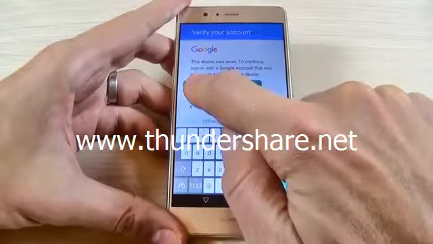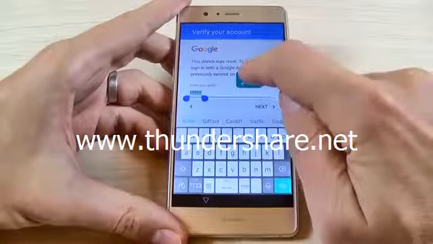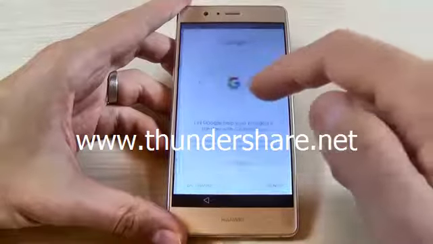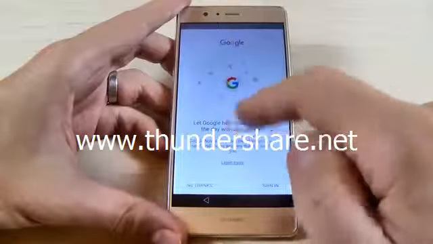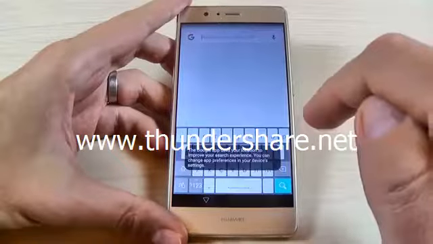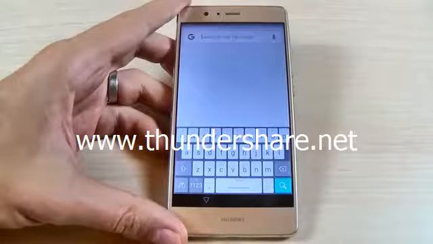and push it long on this. And now hit here and hit assist. And as you can see, you have access to the Google. Here hit no thanks, and in the Google search bar just type